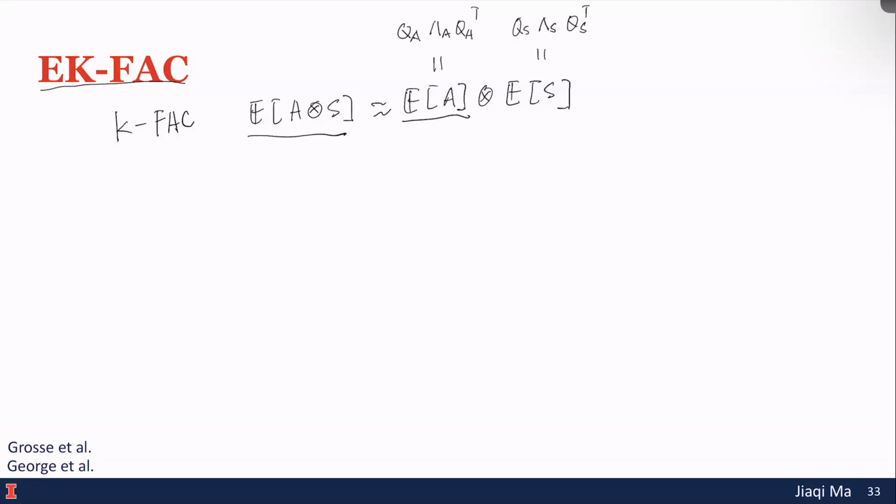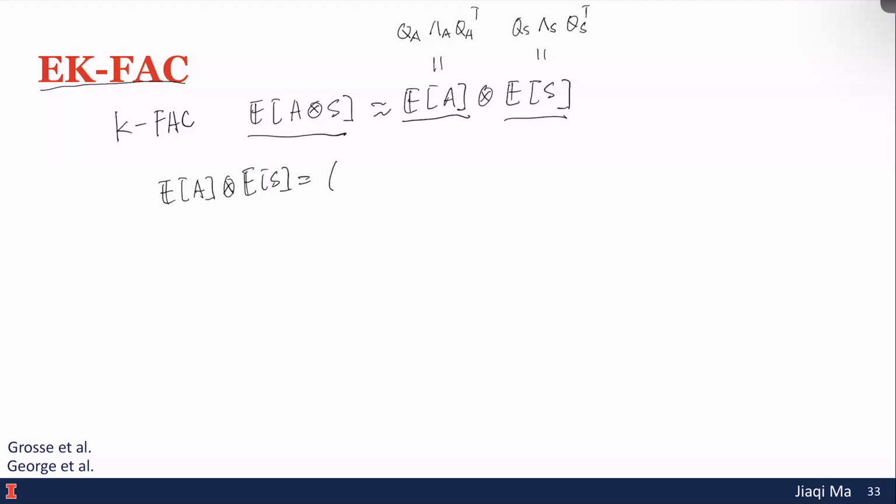So this is the eigendecomposition of the whole expected matrix instead of the A and S. Now, this thing, EA Kronecker product ES, will equal to,